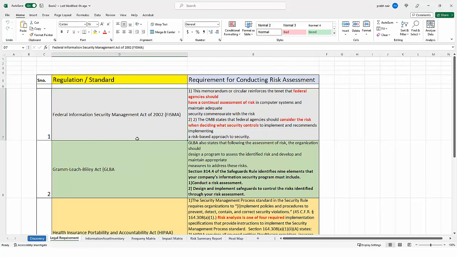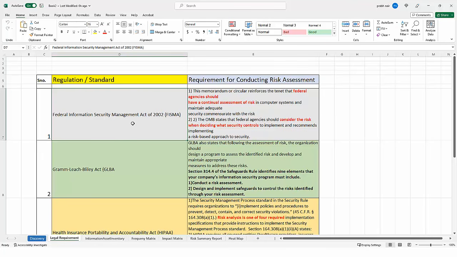For example, I'm operating my services in the US, so I need to comply with FISMA. FISMA also has a requirement that you must do risk assessment. So I'm not doing a risk assessment to check what level of compliance we need to follow, but as a company, it is mandatory for me to have a risk assessment in the organization.